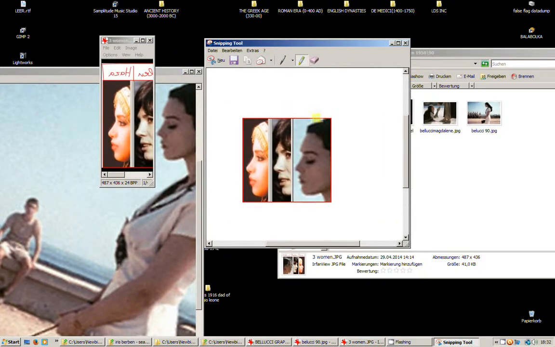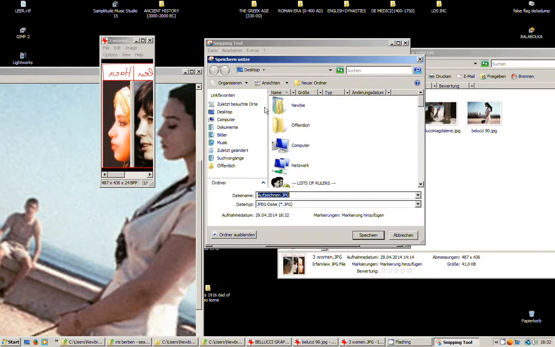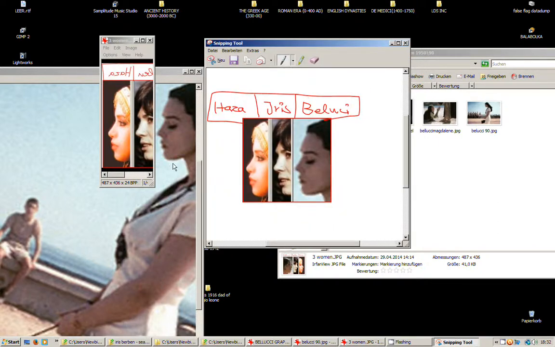And so that would be Bellucci, and that would be Haza here, Ofra Haza, and that would be Iris Bourbon. Okay, so I mark everything, put some paint to it, and then I save it, click the save button, and then I write, for example, 3 profiles. Okay, now this picture saves on my desktop,